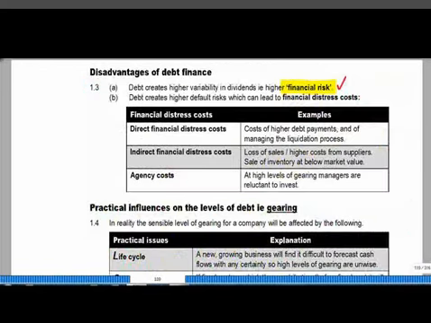So the example has shown that debt creates high variability in dividends. We can also think of some other practical disadvantages of debt finance. Debt finance can create financial distress costs. Typically, if you use too much debt, your credit rating can get worse, and this can trigger a number of problems. Sometimes the interest rate that you pay on a loan is linked to a credit rating, so if your credit rating gets worse, then automatically you'll pay more on your existing loans.